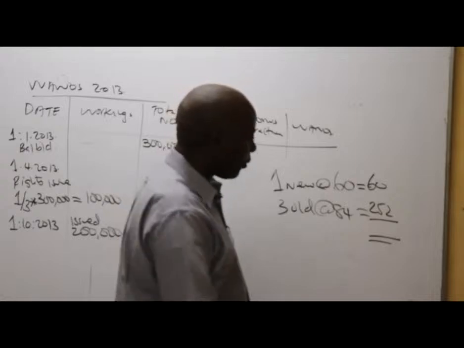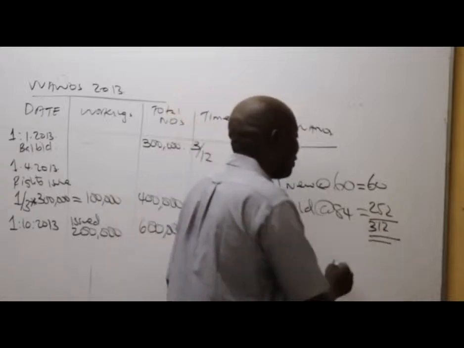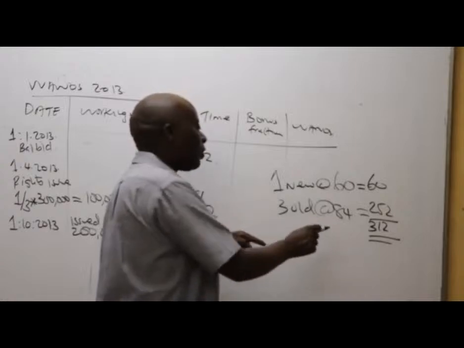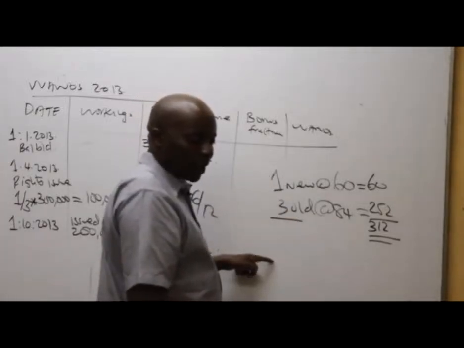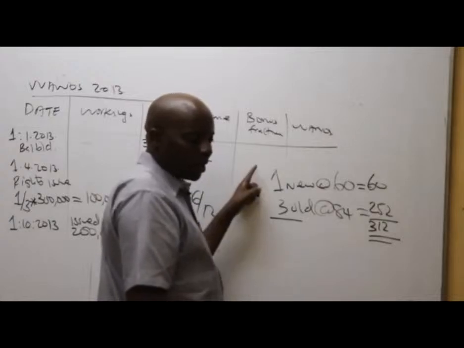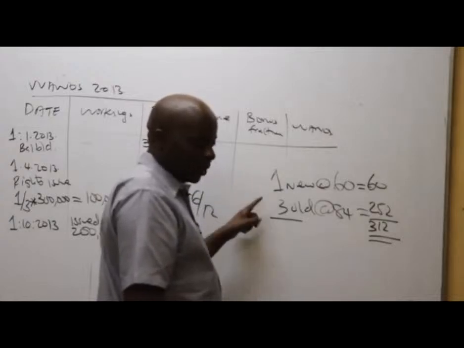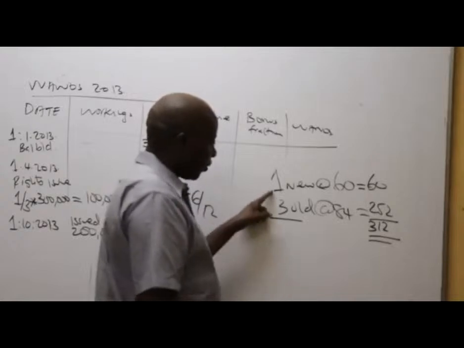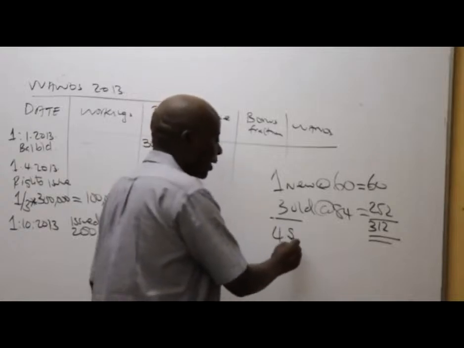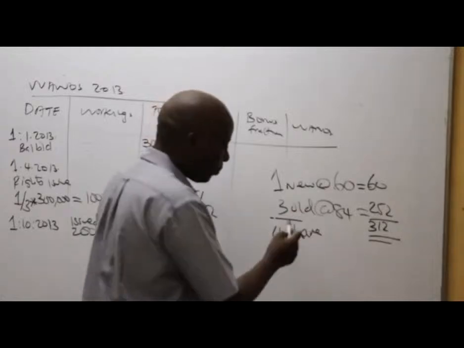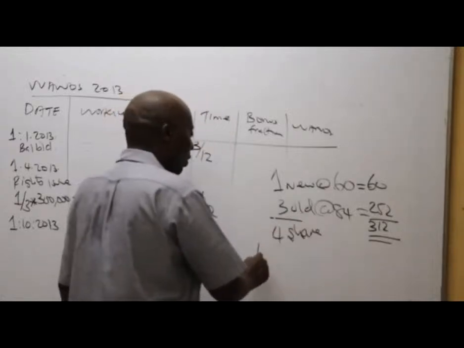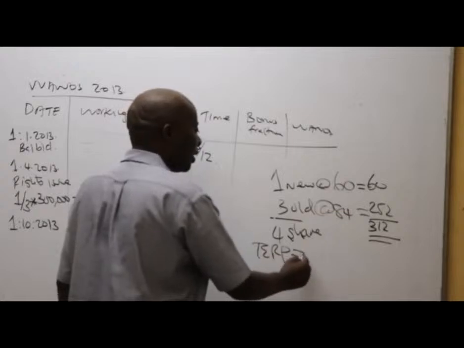ama 312. Kwa hivyo inamaanisha this 312 is for how many shares? Ati 1 neke. Ukiongeza itakuja 4 shares. So how about 1? So the price for 1 now here will be the theoretical ex-rights price, which will be